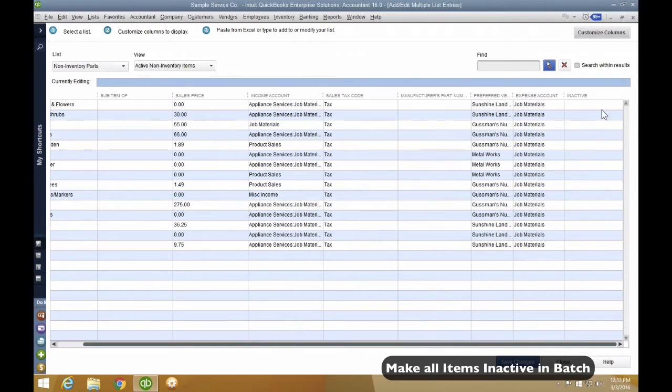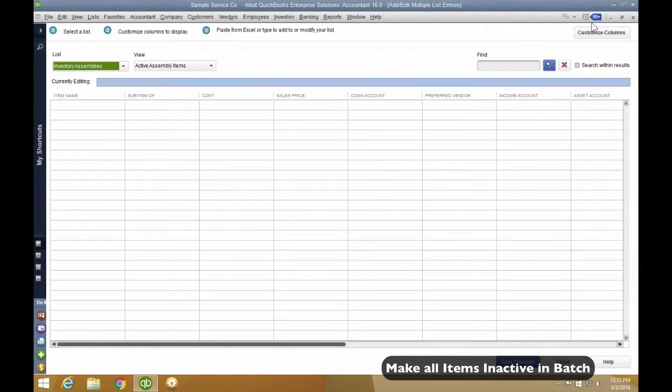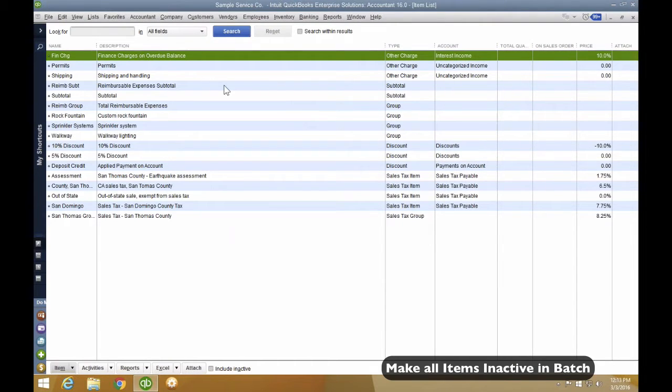And this is just kind of routine. A lot of times my client just asks me to make the whole item list inactive. So I wanted to take advantage and do it live here so you can see what that process looks like. Now, through that process, I can't make other charge, subtotal, groups